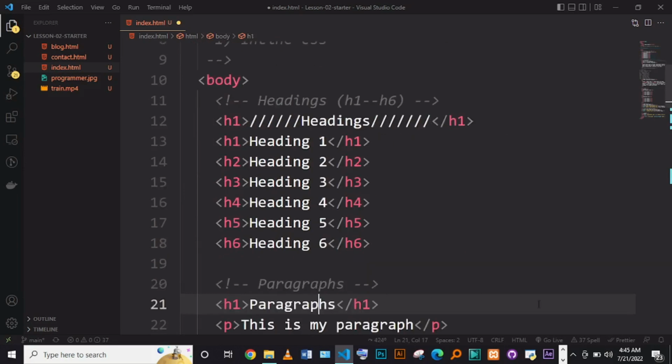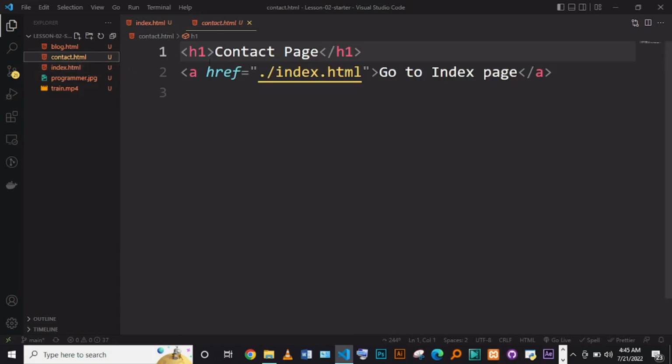heading 1. By the way, let me first open this web page in the browser. I'm not going to use all this one, it is too much code. I'm just going to go to one of these pages like contact. Here we have little code. Actually, I can even create another one. I'm just going to call it